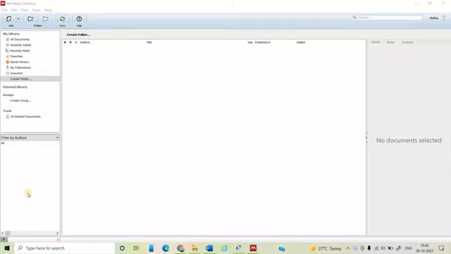will import, or upload, all the files to that particular folder. For that, you have to put all the PDFs or research articles in that particular folder. So I'm going to create a folder by writing the name, fake news. So I created a folder. Now, for adding files to it, what you have to do,